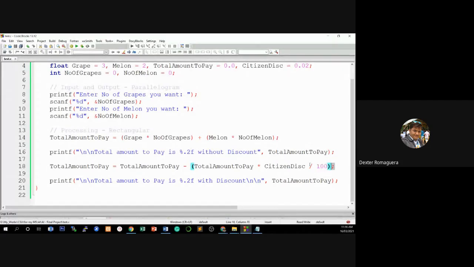If ever sayop to, so atong i-change to, dapat i-change kito dapat ang formula sa pagkuha sa 2%. Okay? So, unsa nga total amount pay minus